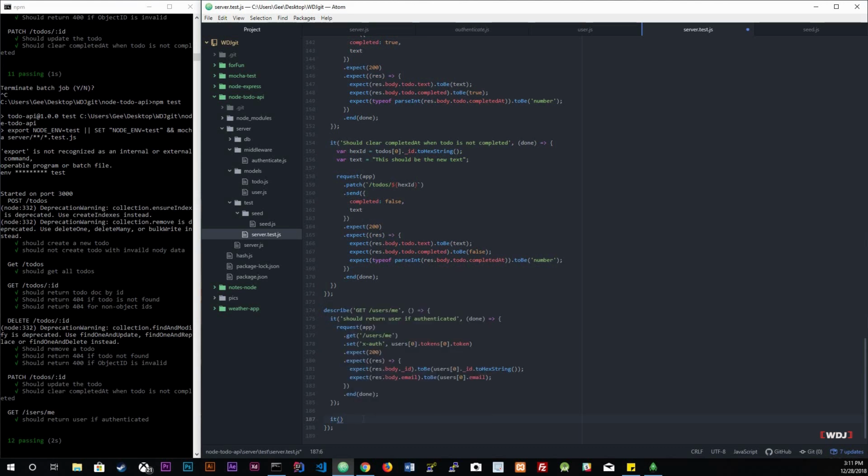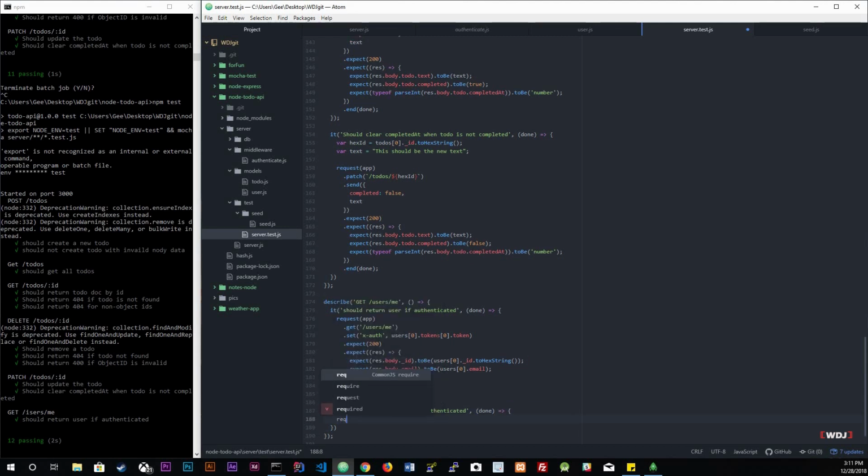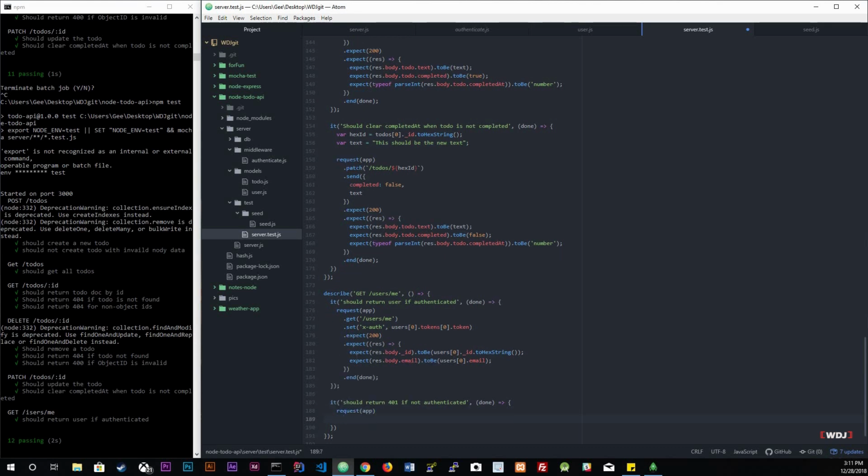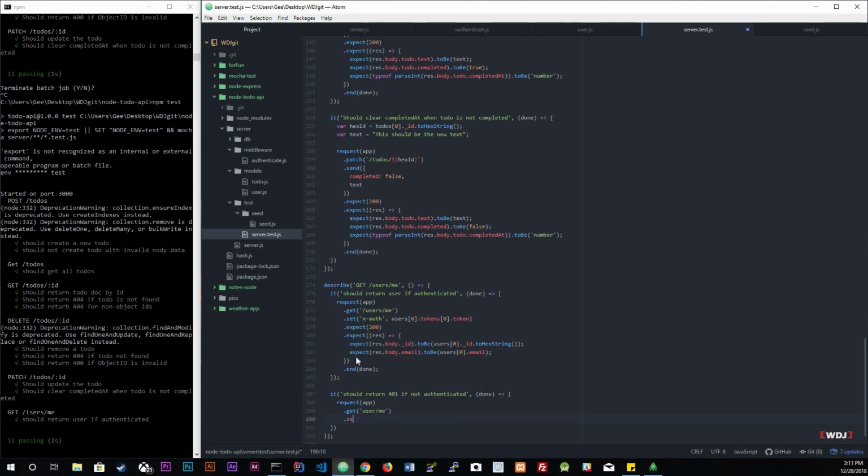Now we're going to actually do the same thing, but it's going to be for a 401 if it's not authenticated. So, should return 401 if not authenticated. Pass in done right there. All right, we're gonna request the app. Now feel free to actually copy and paste, because this is basically the same thing. Users me dot set. We're setting it to X-Auth. We're going to be setting this exact same thing, so I'm just going to grab this, paste that in there,